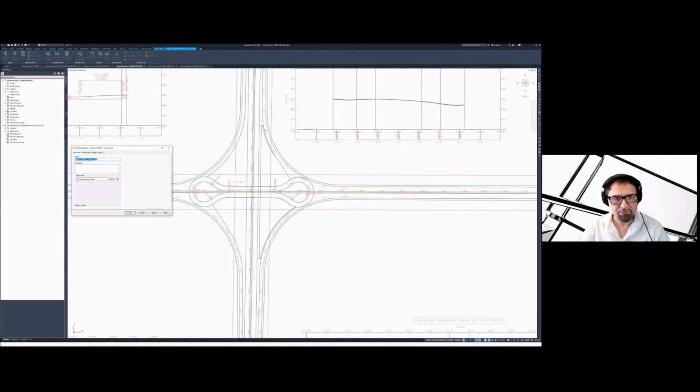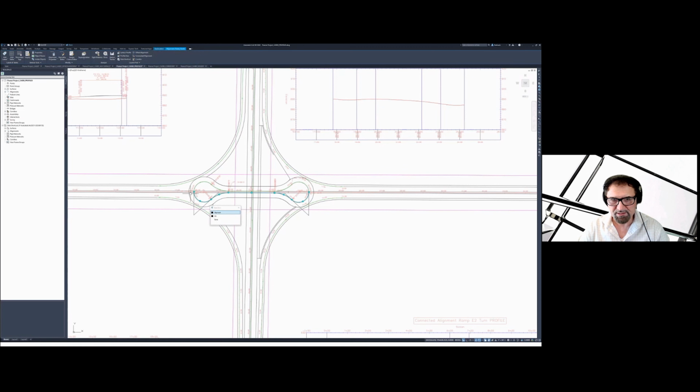And I'm now using that surface profile to design lanes around that rotary. There are two of them. And then the rest of it is just a simple offset alignment.